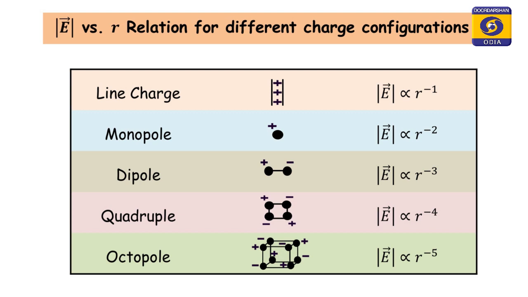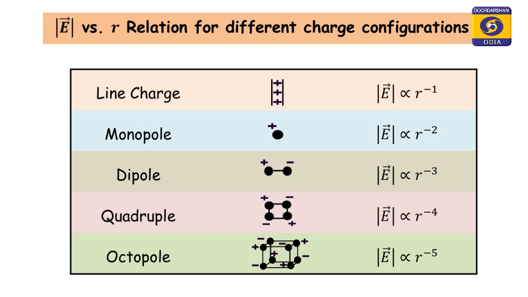And students, this is a very interesting thing, that you know how electric field varies with different powers of r, okay. That is r to the power minus 1, minus 2, minus 3, minus 4 and minus 5. You know that E varies with r to the power minus 1 in case of a line charge, that is the expression is E is equal to lambda upon 2 pi epsilon naught r, okay. So, E is inversely proportional to r, that is proportional to r to the power minus 1 in case of a line charge,